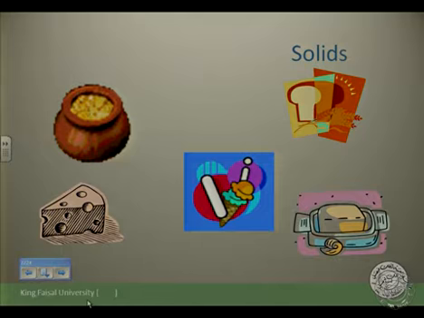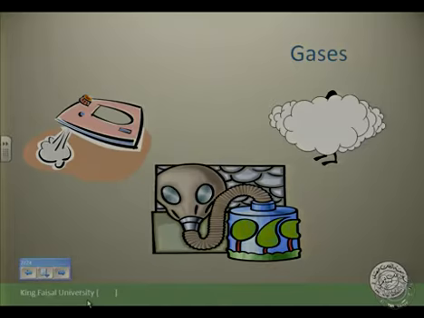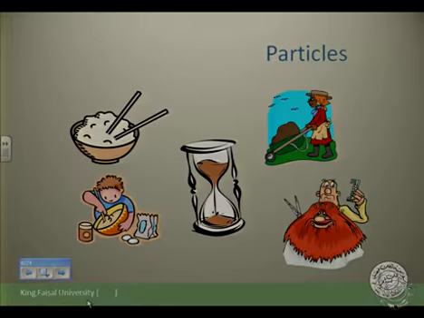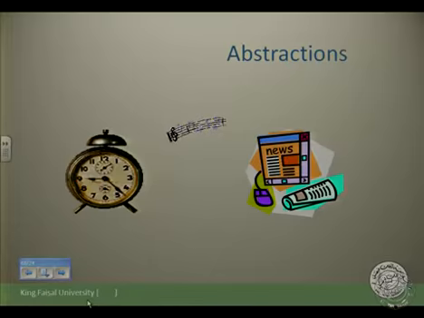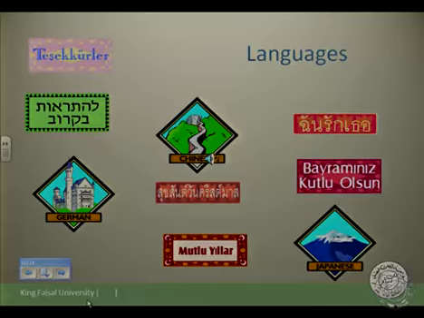All of these things cannot be counted, but we can use the same, a piece of, a kind of, a type of cheese, to make them countable. Gases, we have particles, we have abstractions like time, music, news, love, hate, languages,